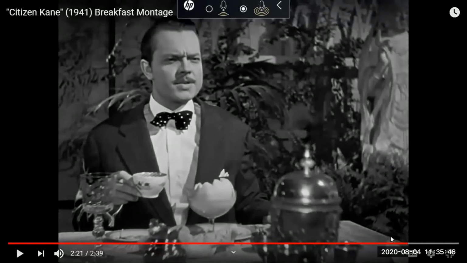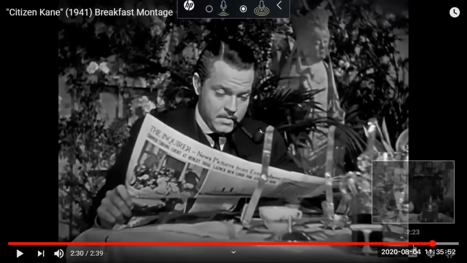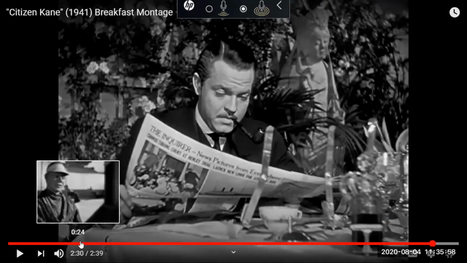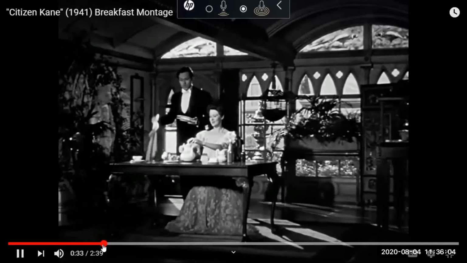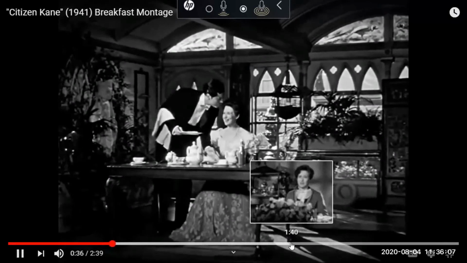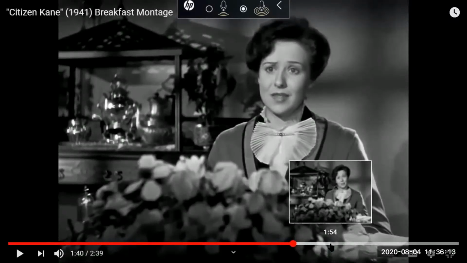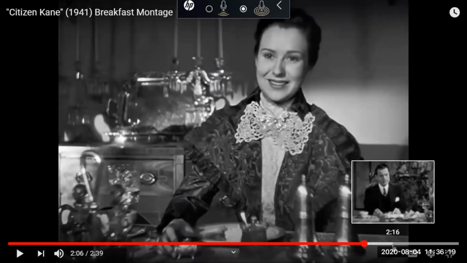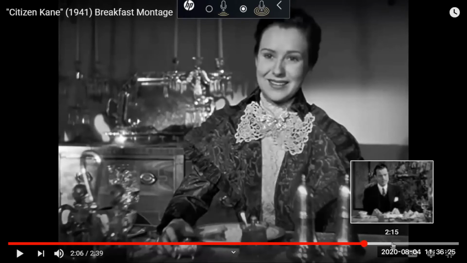You may have noticed that when we shift from here, at the start of this sequence, they looked younger. They are sitting here, they look younger here. And here it's the same couple, the same newspaper. The same couple is still sitting at that table and talking to each other. In about 2 minutes and 39 seconds, you are looking at this montage